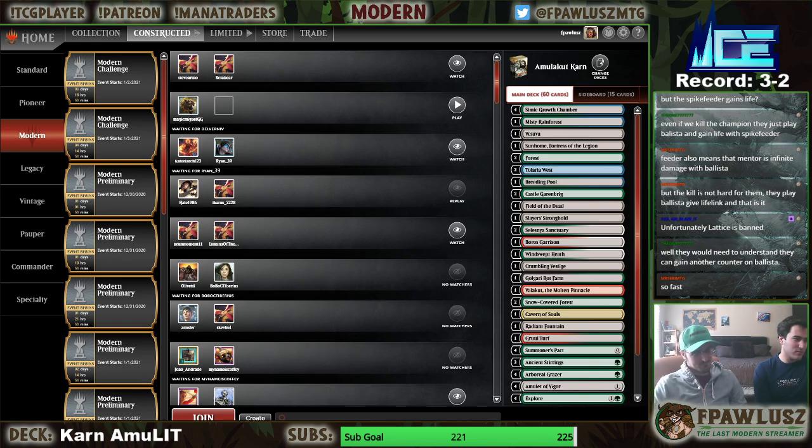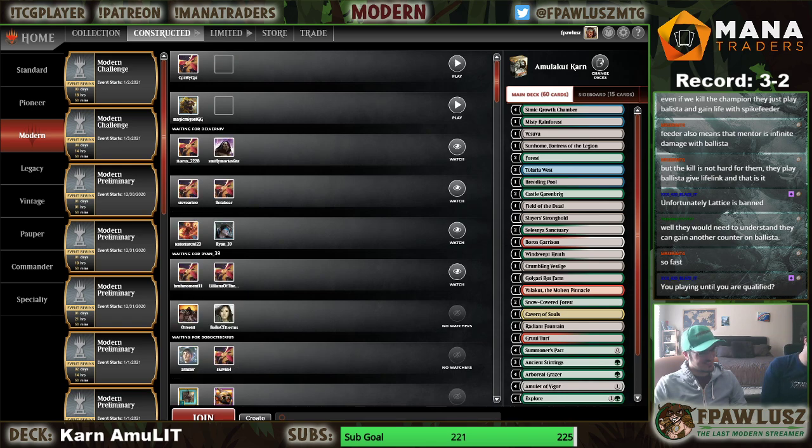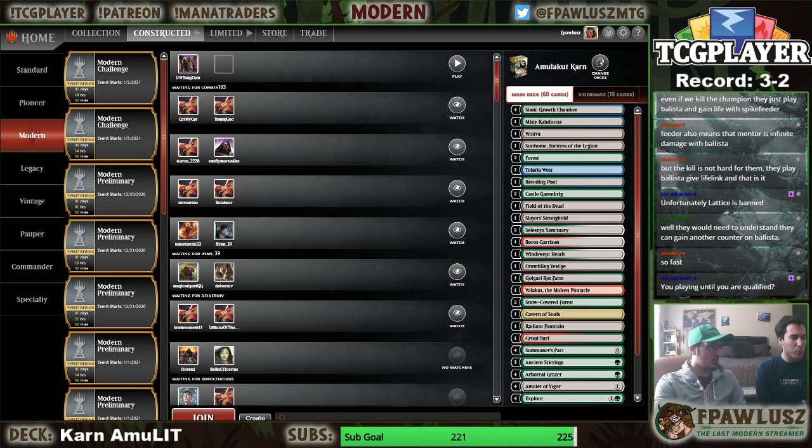But anyway, it turns out Condescend in your Amulet deck is not very good. The fact that it even loses to Tron should be a sign enough that you should not register that. Yeah, when you're playing against Tron with Amulet and you lose anyway, that's...